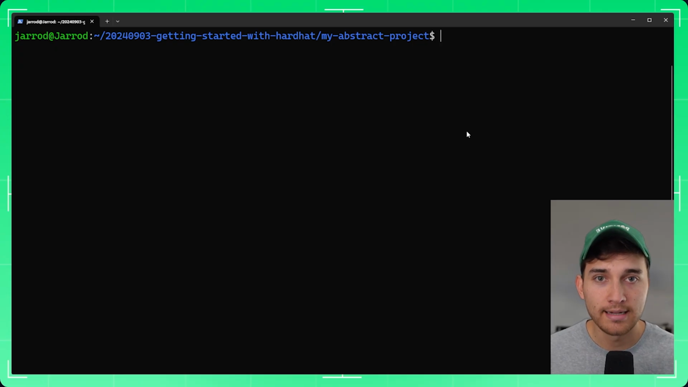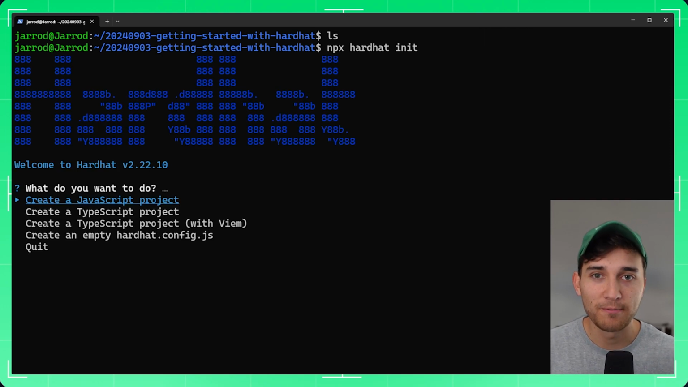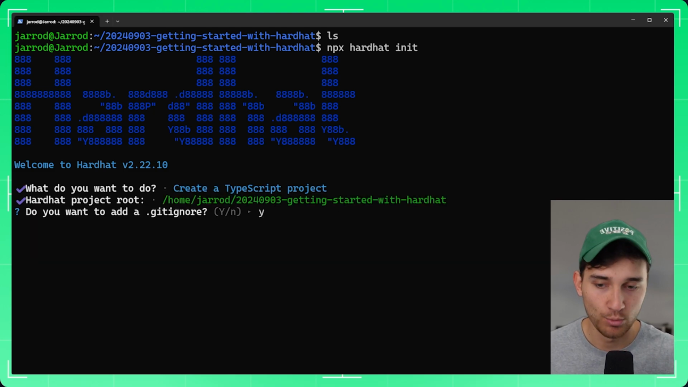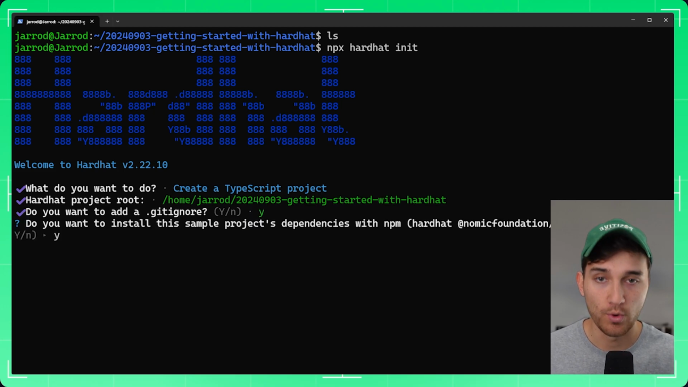I'm going to use the Hardhat CLI to initialize a new project. To do that, we can run npx hardhat init. Of course, you can choose the preferences that you prefer from this setup process. For me, I'm a TypeScript man, so we will create a TypeScript project. We'll choose the root or the current directory that we're in for our project, and we'll add a .gitignore,